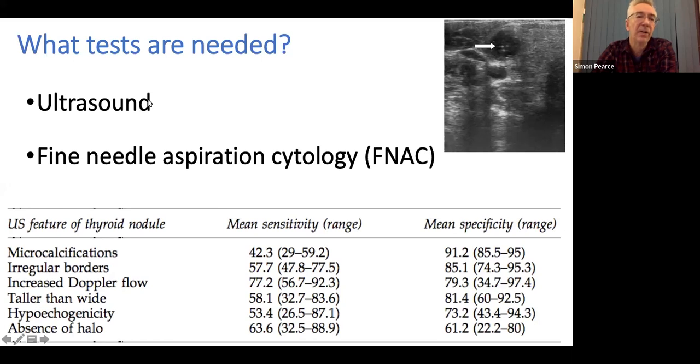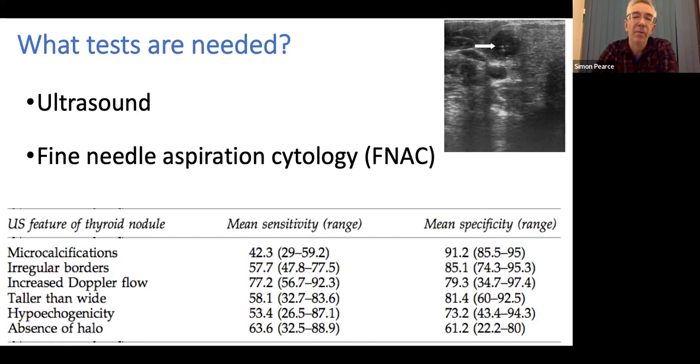Well, ultrasound is not only the most sensitive way of finding a nodule, it's also the best way to tell whether it could be innocent or whether it could be nasty. So this nodule up here is a potentially nasty looking nodule. It's darker than the surrounding thyroid tissue. This is a typical ultrasound picture. And it's got these little white dots in, which are known as microcalcifications. They're quite specific for thyroid cancer, and benign thyroid nodules rarely have